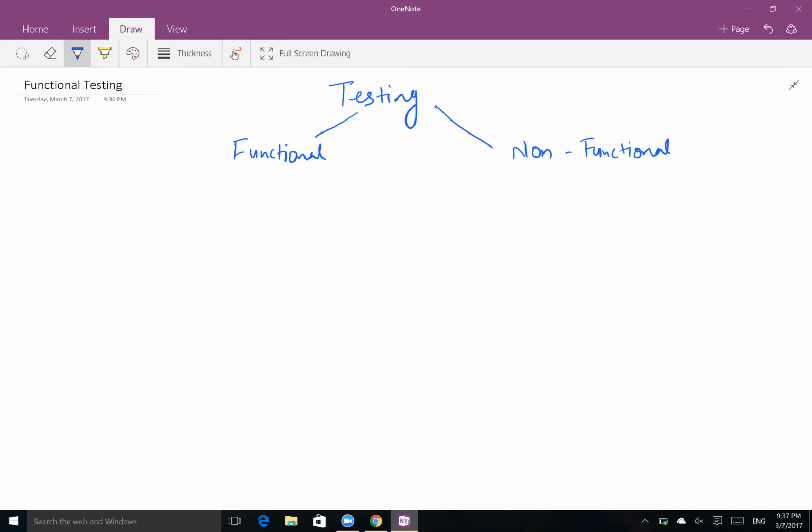And in the functional area, what I was trying to do was assure the functionality. I was trying to test the functionality, and this is divided into various different kinds of testing. One is called, which is the initial one, that is called